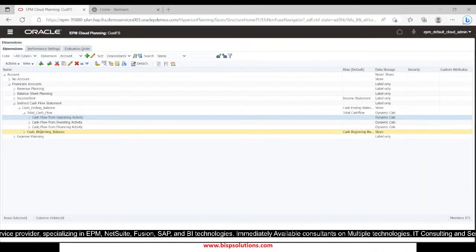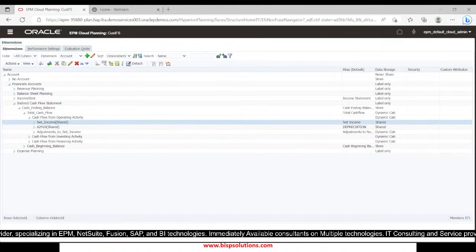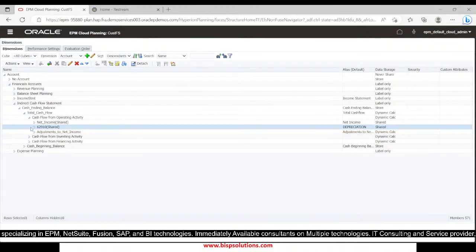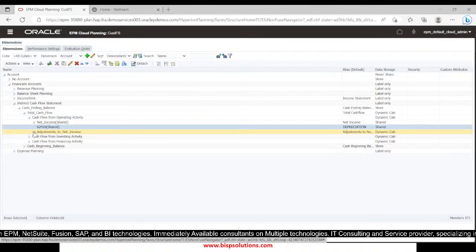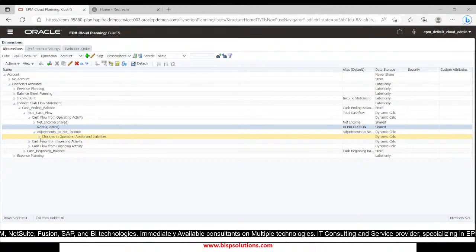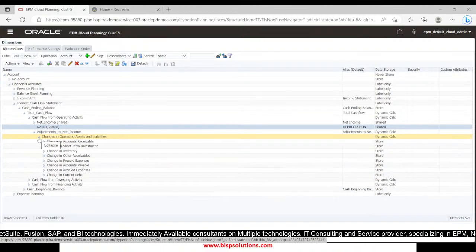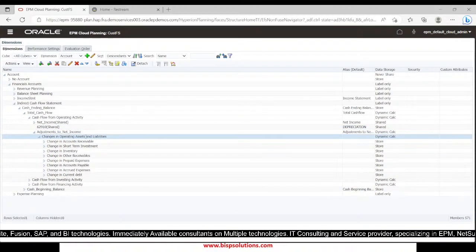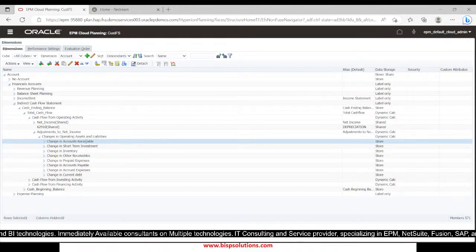Now we will go to our instance. Here we will see that cash flow from operating activity consists of net income, and here we have the depreciation, which is added back to the net income because depreciation is a non-cash expenditure. Then we have the adjustment to net income, which has a child member, changes in operating assets and liabilities. This is also called changes in working capital. Working capital basically consists of current assets and current liabilities, which actually affect the operating activities of an